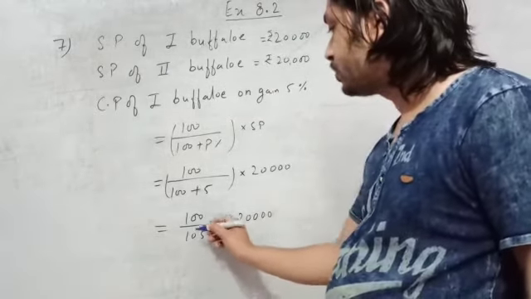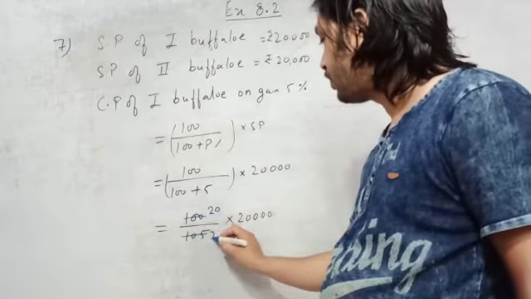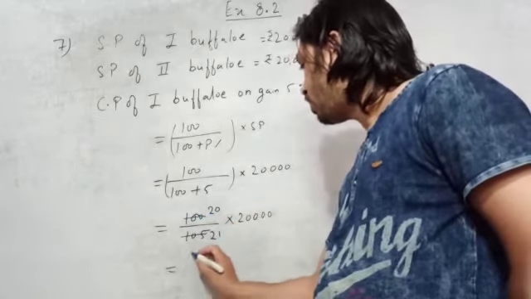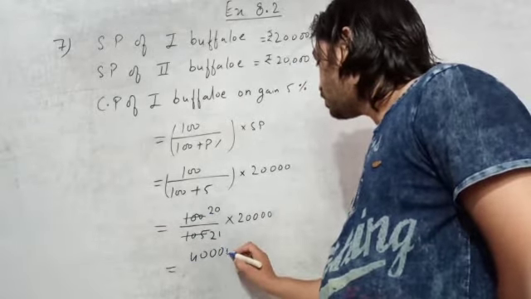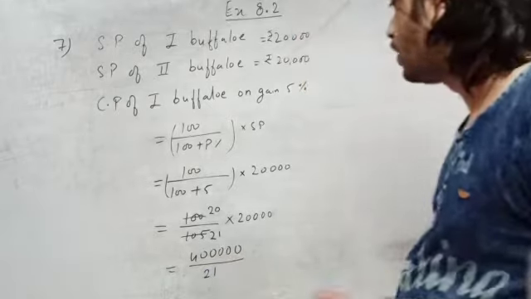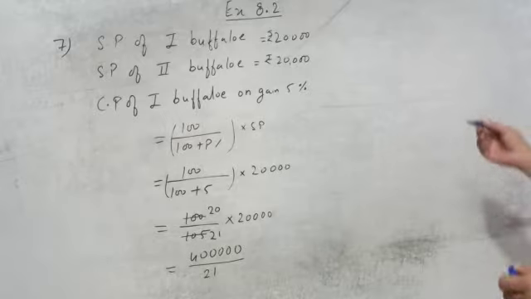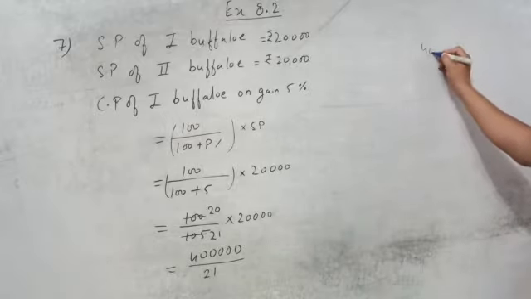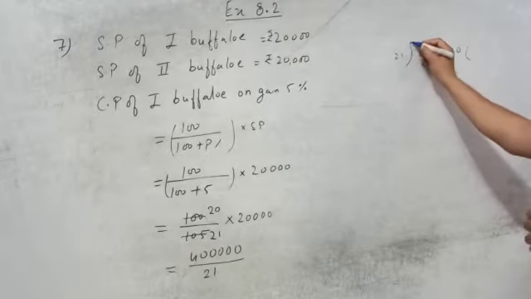Now we will simplify this. We have cancelled with the 5, 20 times. We have cancelled with the 5, 21 times. So we have got 4 lakh upon 21. So this is our cost price, or we can divide it also. So we will divide this one with the 21. So what will come?